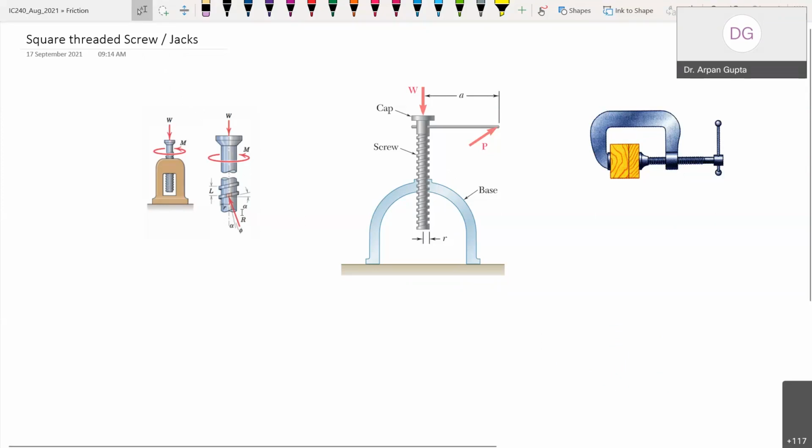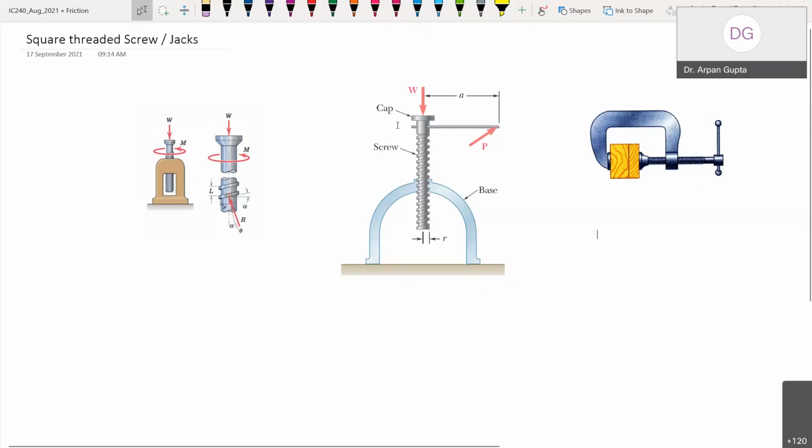Okay, so what is the problem? The problem is something that you can see in these figures. Suppose I have got a heavy load W, right? Let's say I want to lift a car. Ordinarily a person single-handedly cannot lift a car. But with the help of screw jacks, a person can lift a car just by applying a moment. A car, which is very heavy, around 1500 kg, can be lifted by a single person with the help of these simple machines.